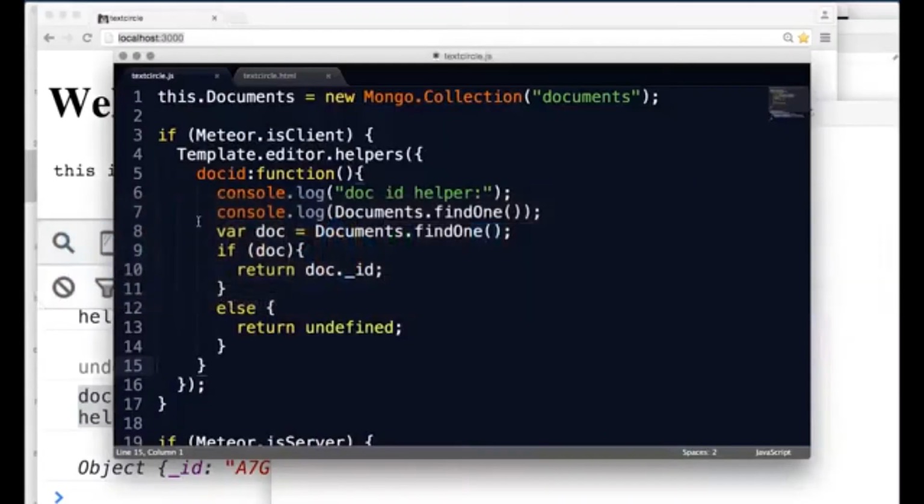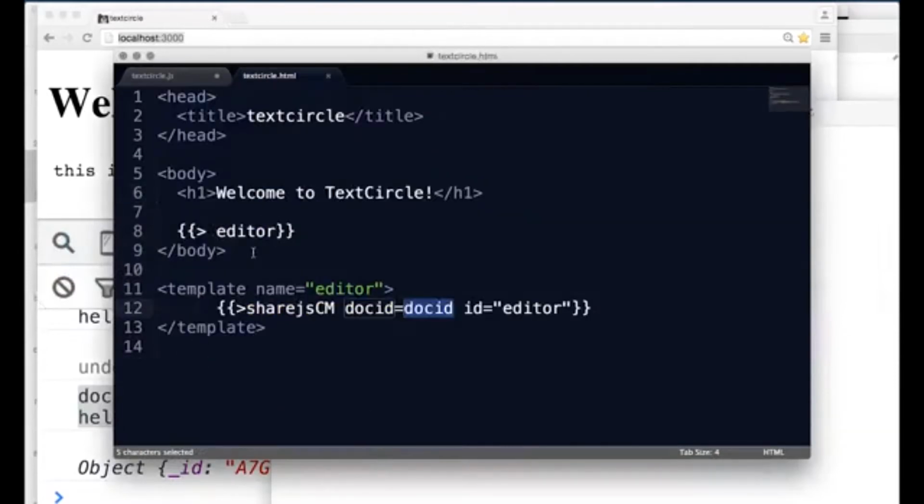So let's very quickly review the code. We had to make a template helper there. Well, let's start from the top. We edited out some of the code we didn't want. We could pull in an editor template. The template is there. The editor template then pulls in another template, which is the share.js CM, which comes from